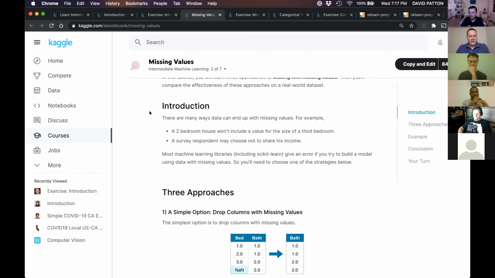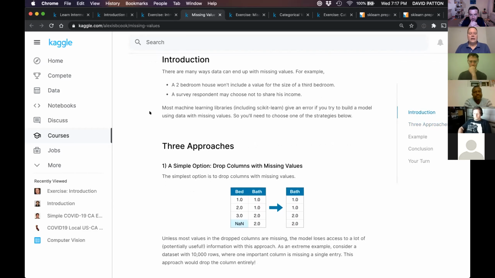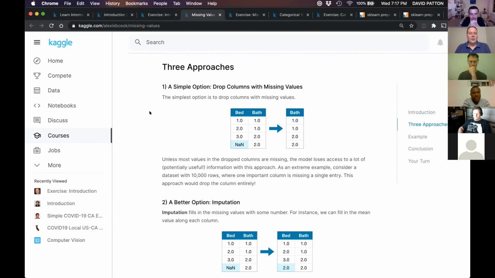Most of our models expect there to be values in all the columns for them to function correctly. Here's an example of 3 approaches they give. The first one is that suppose you're missing a column and you have a not a number or a null in there. The first choice you can make is to just drop that column because we've got missing values.